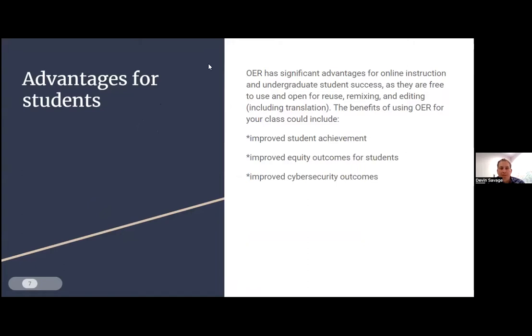So there's a few advantages for students, as I mentioned earlier. One is OER has significant advantages for online instruction. So obviously, if you have an online course or a hybrid class where some students are completely online or remote, us having the textbook, the physical textbook at the library does nothing for that student. There's no access we can provide that student. So having